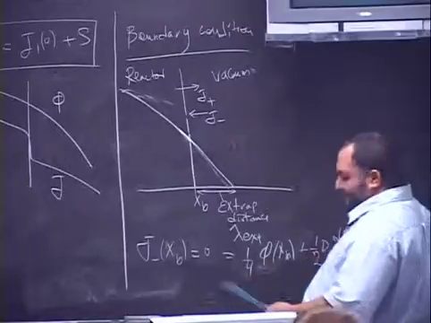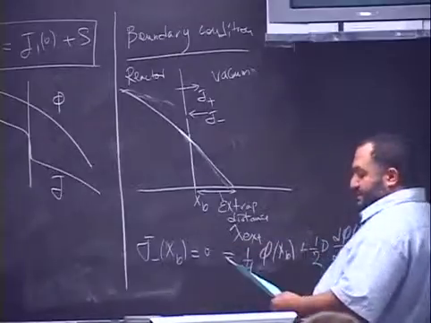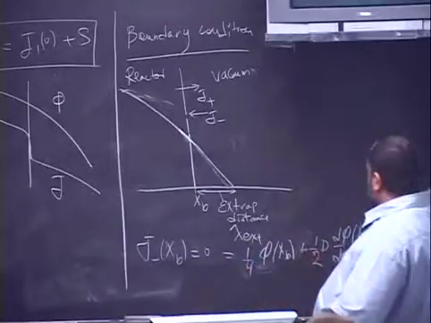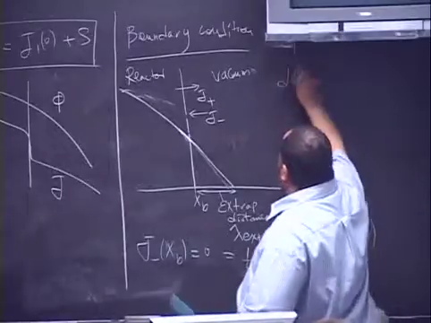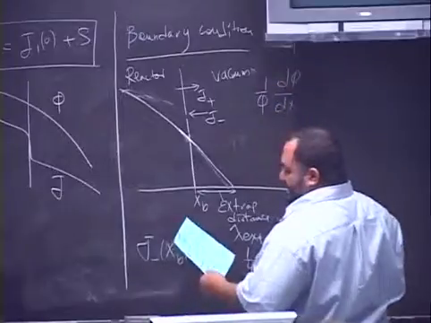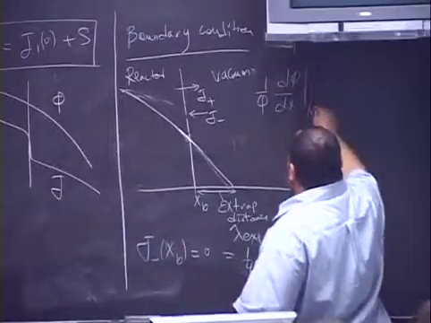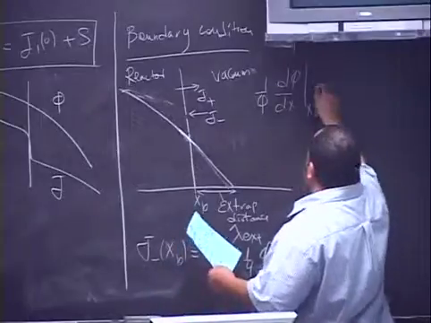So we can simplify this, take this to the other side, and divide dphi/dx by phi. So it will be dphi/dx over phi, both evaluated at xb, and this is equal to